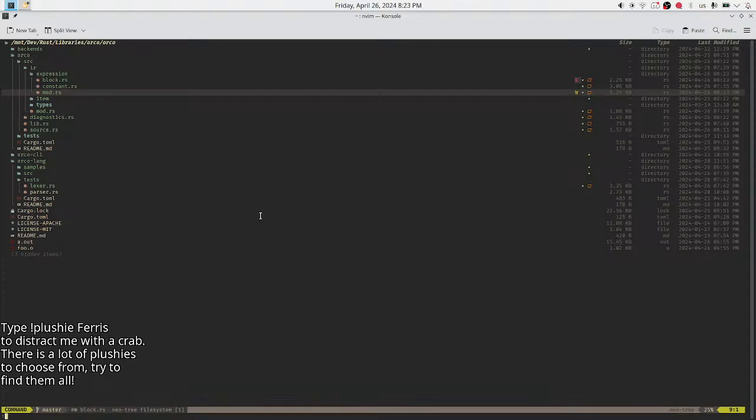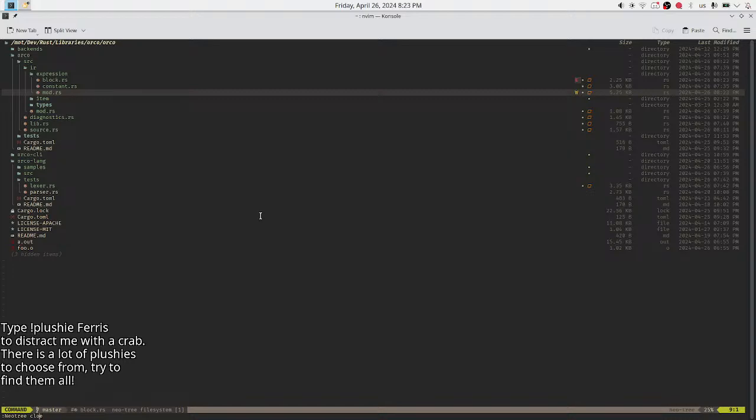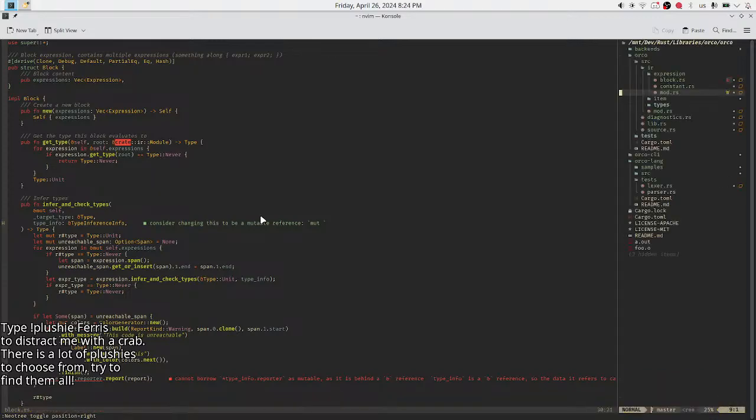Hold on. Mute. Close. Why is it full screen? Position right. Oh, hold on, left.